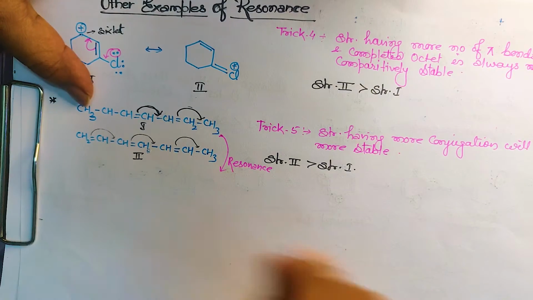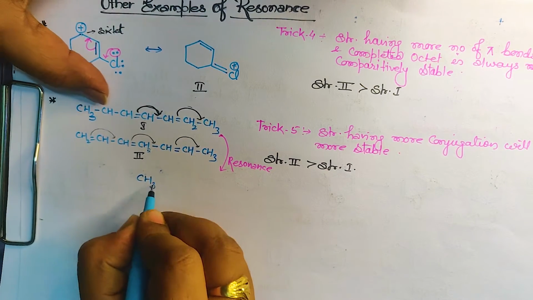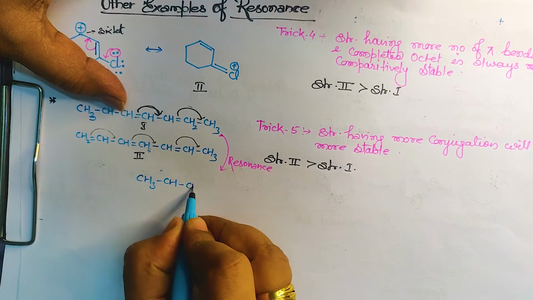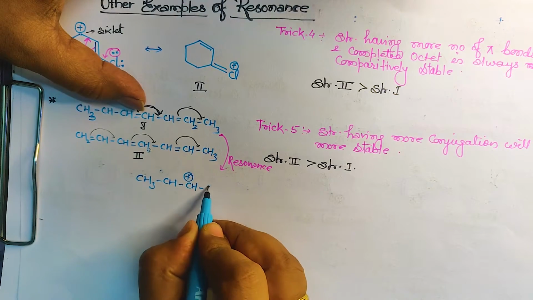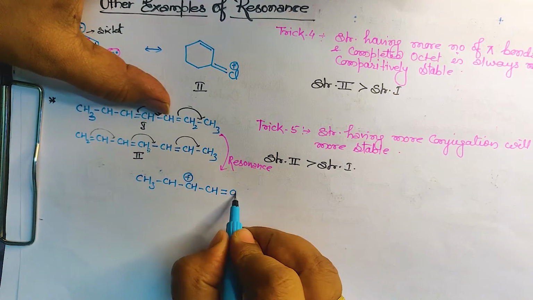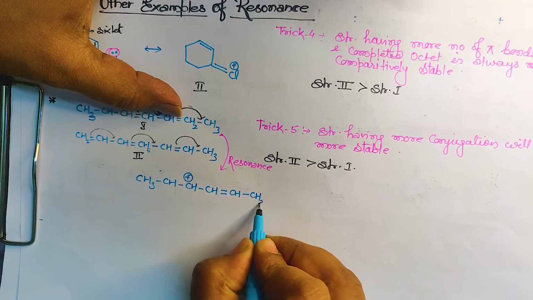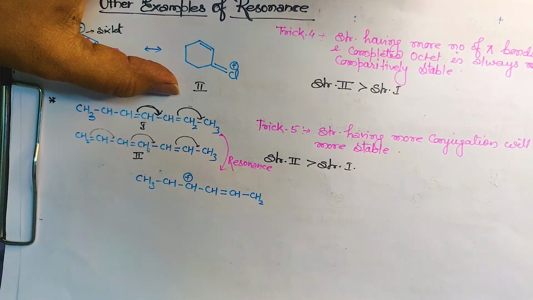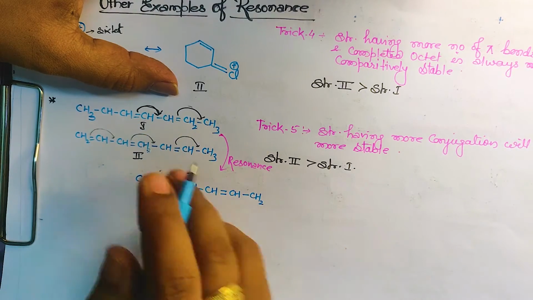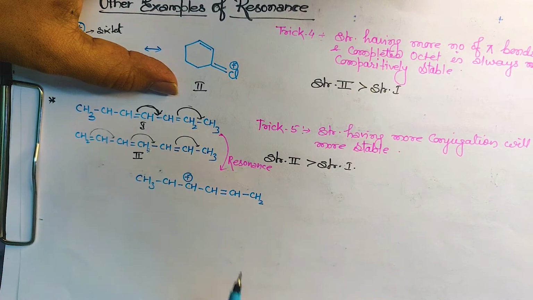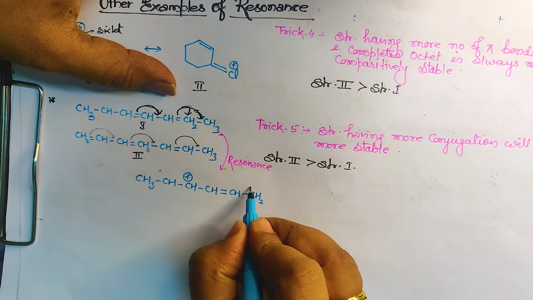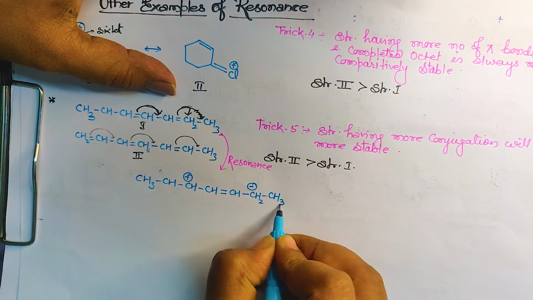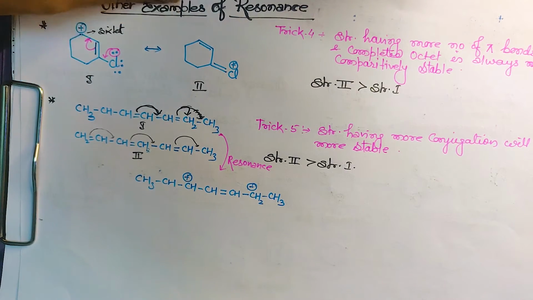The structure will form like this. That CH3, nothing changed with this. CH, nothing changed with this. Here CH has lost its double bond, so this will have a positive charge over here. Then this is CH, then here it will be a double bond CH, here it will again be single bond CH2, and this shifted over here. It will not shift further because hydrogen is here, like CH3 cannot be, so it will shift till here only. So I will say CH2 minus, and this will remain like this. Clear? So this is the resonance for this structure.